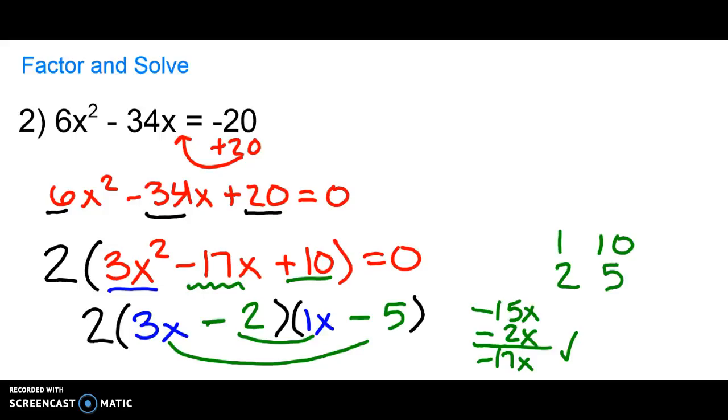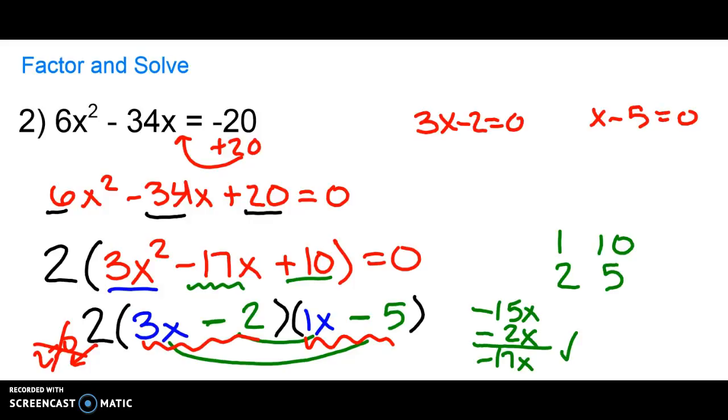Now all we have to do is the zero product property. So it doesn't make any sense to set 2 equal to 0. Any number out in front just is not an answer. It's only solving for my x's. So my answer is going to come from here, 3x minus 2 equaling 0, and the other one, x minus